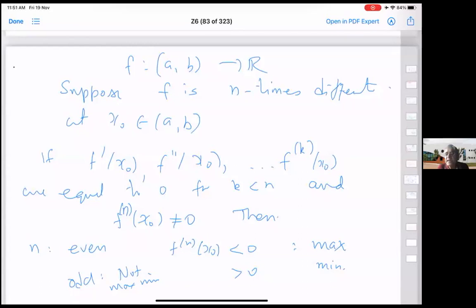What can we say about maxima or minima if all the n derivatives vanish? That is, if the function is n times differentiable. Okay, so you are trying to say that you have a function which has only one derivative, and that is 0, and the second derivative is not even there. Now what do we do? Is that your question? Yeah. So this trick doesn't tell you much about that case.